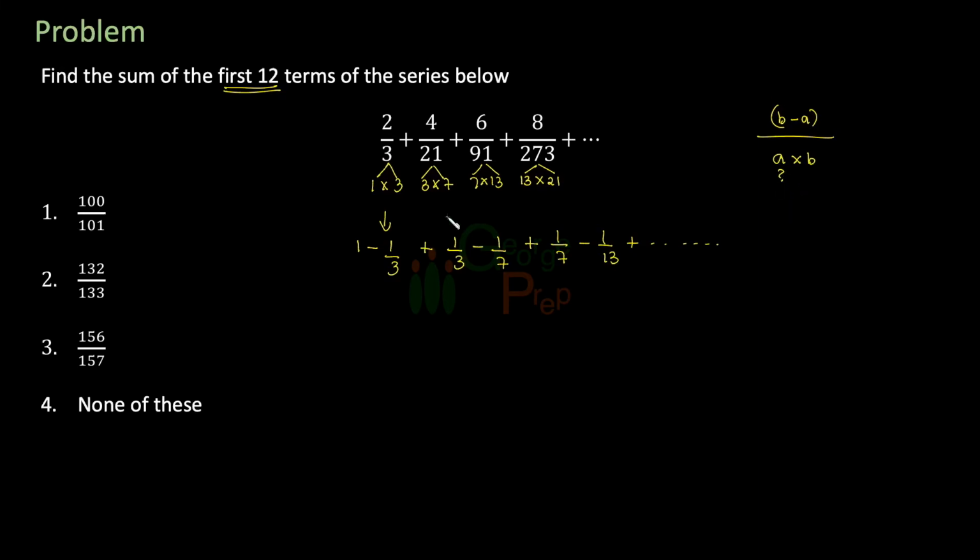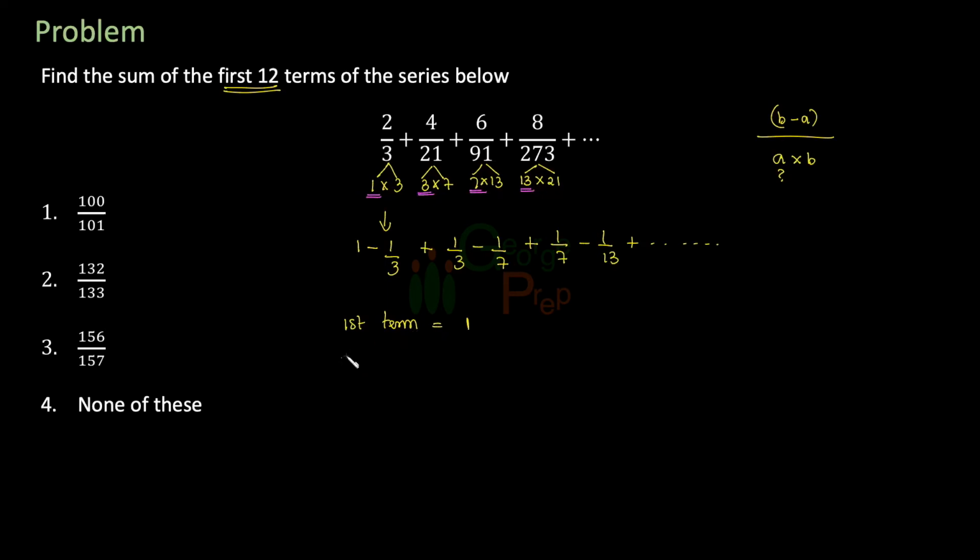Okay, for that, first of all, I'll have to see what pattern is being followed here. I've got 1 in the first term, then 3, then 7, then 13. So what pattern is being followed? Let's just take them down and see if there is any pattern. I'm just looking at my A's here, because once I get my A's, I should be able to get my B's as well, because the next one's A is the B for that one.